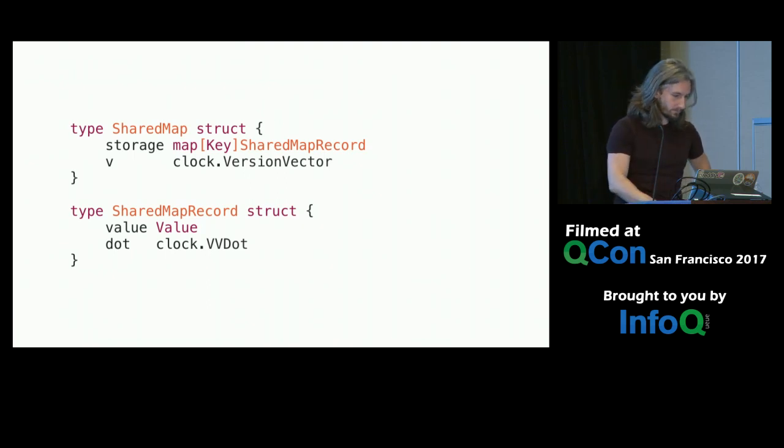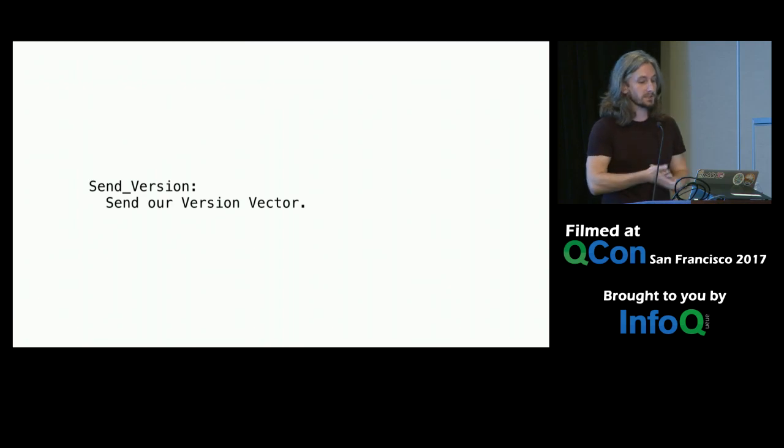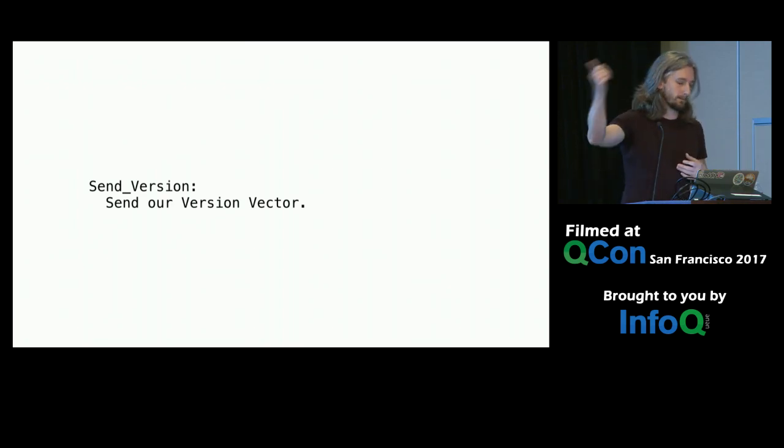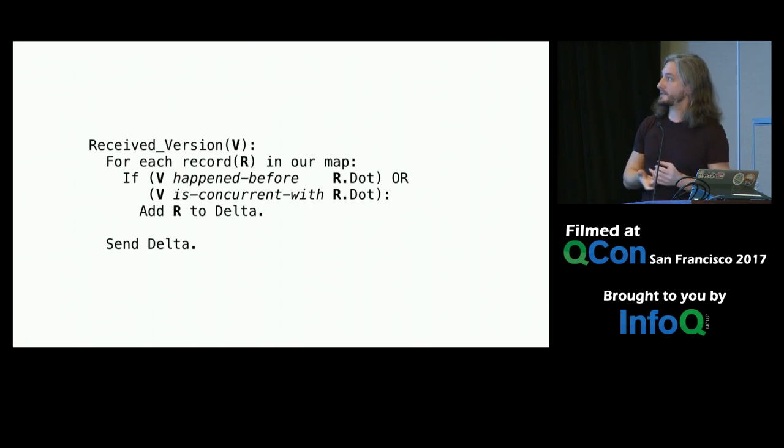Okay. So again, what we're going to do is for our delta CRDT map, the first step is easy. We just take our version vector, we serialize it, we send it over the wire. Great. Now, when our chosen gossip partner receives that particular message, what it will do is it goes through each